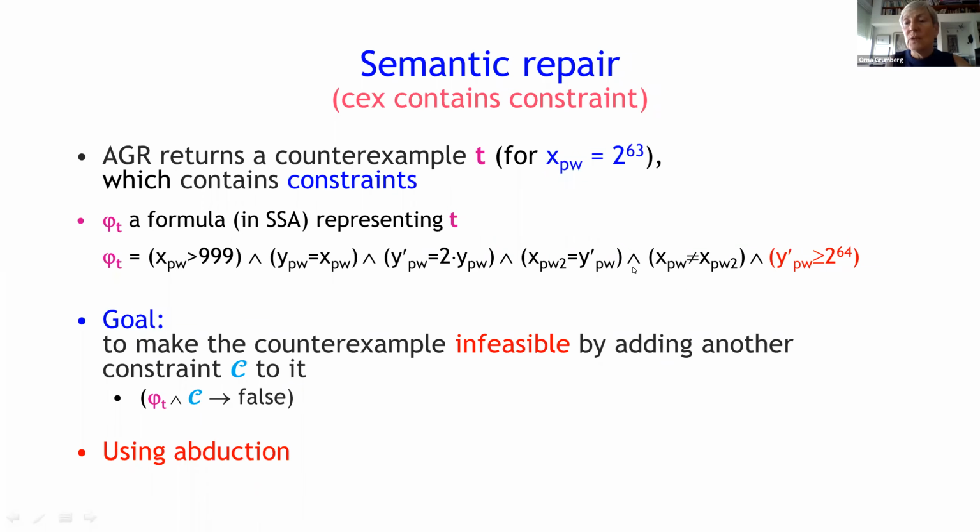And now we get to the constraint that checks whether XPW is not equal to XPW2. The constraint that is violated is that Y prime PW is actually greater than 2 to the 64, and this happens when XPW was initially 2 to the 63. So we find a run